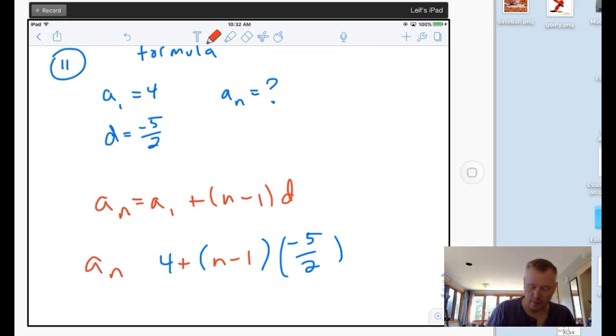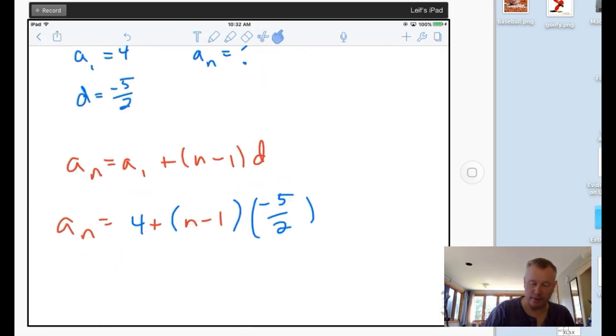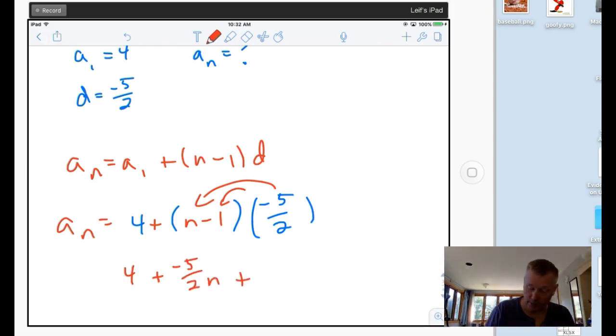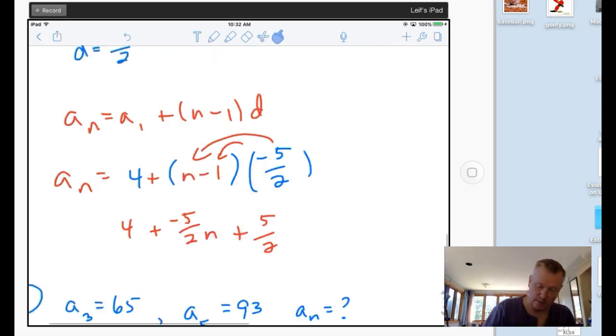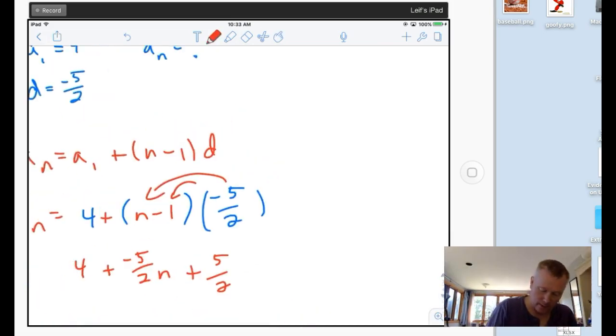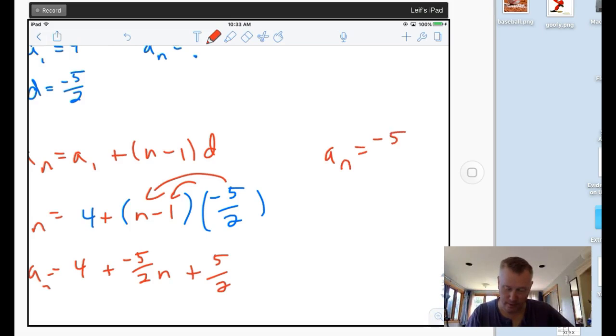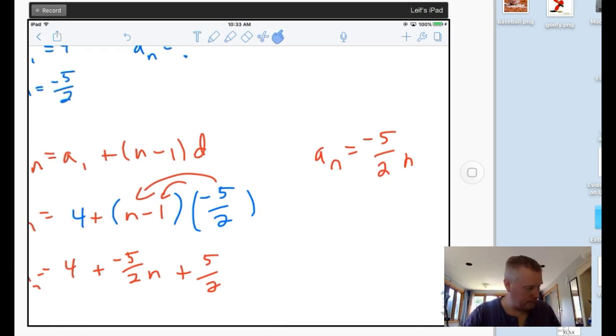So I get this. All right, now I'm going to do the same thing. I've got enough information to find the answer. I should do the distributive property there. So I get 4 plus negative 5/2 n plus 5/2, okay? And then if I take that and combine 4 and 2.5, I get the answer. A of n equals negative 5/2 n plus